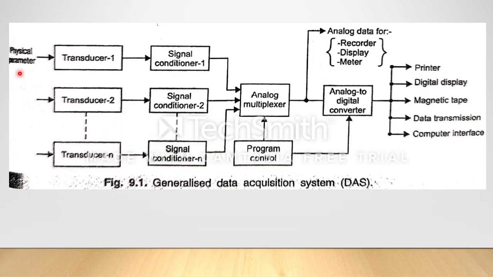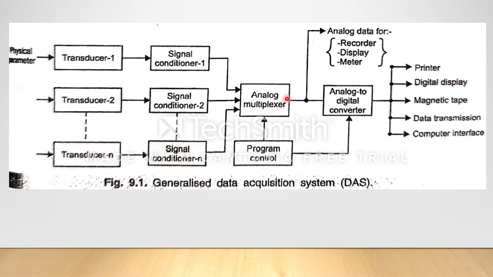In passive transducers we need a voltage source, so that also comes in the signal conditioning circuits. Then there is an analog multiplexer. A multiplexer is many inputs, one output, correct? So depending on which output you require, that output is taken from this analog multiplexer.